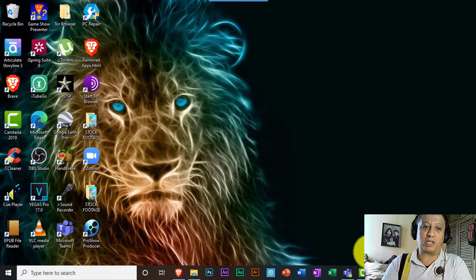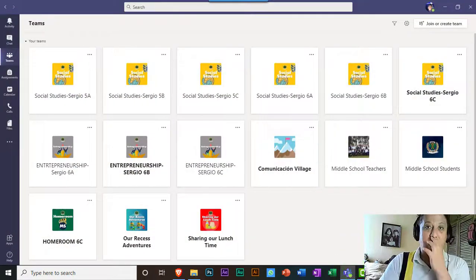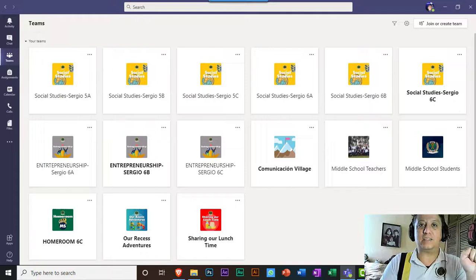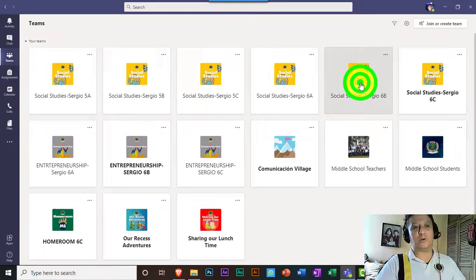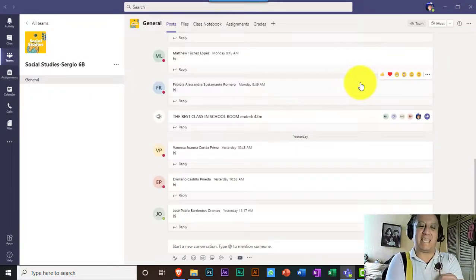So the first thing that we're going to do is go and open Teams. The first screen that you see is the one that gives you all of your teams. In my case, it's each one of my classes. For you guys, it's going to be each one of your subjects. By that, I mean social studies, science. This is where you're going to see all of those. Today, I'm going to use as an example my social studies 6th B classroom